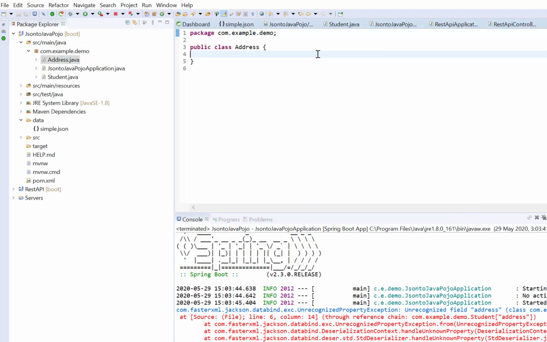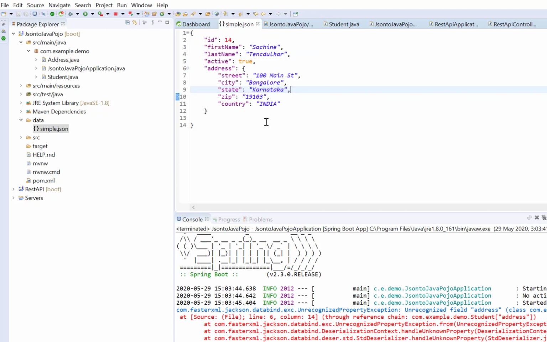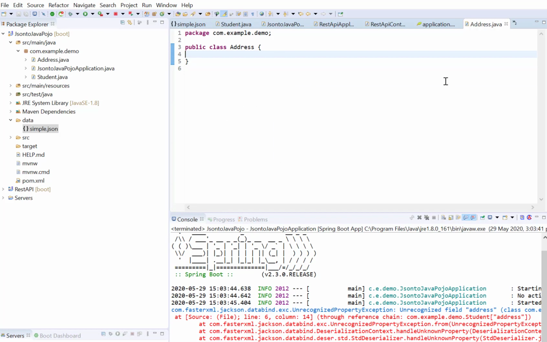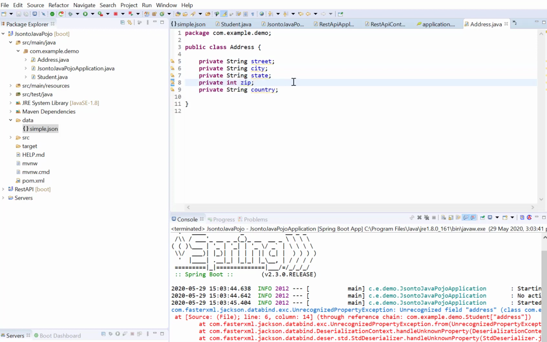Now inside this class, I need to create some fields. Whatever fields are there inside the address object, we have street, city, state, zip and country. All these fields I need to create inside the Address class also. See here, I created the fields now.